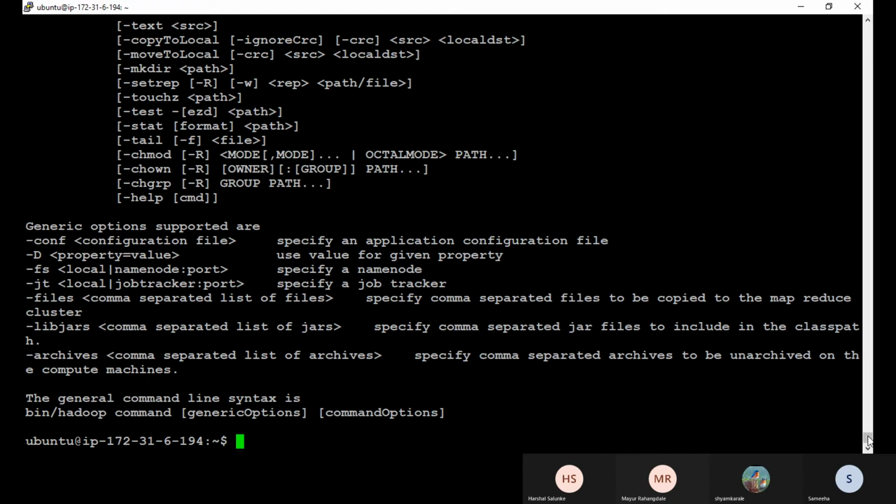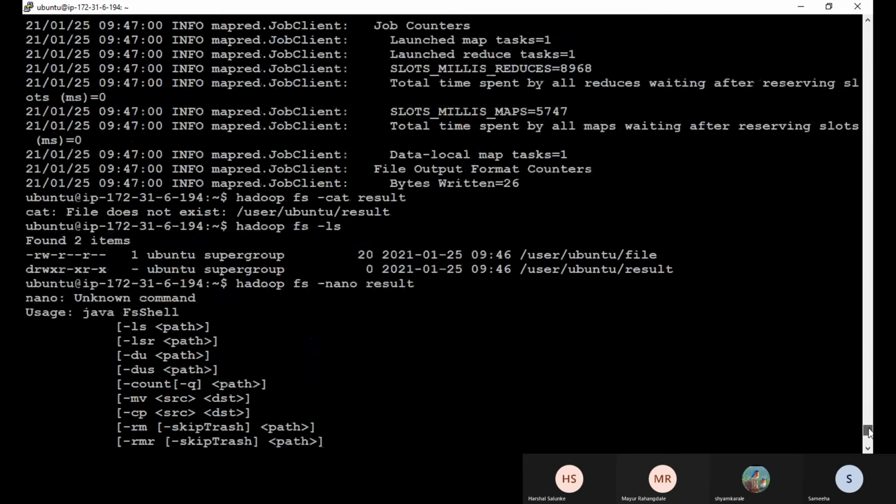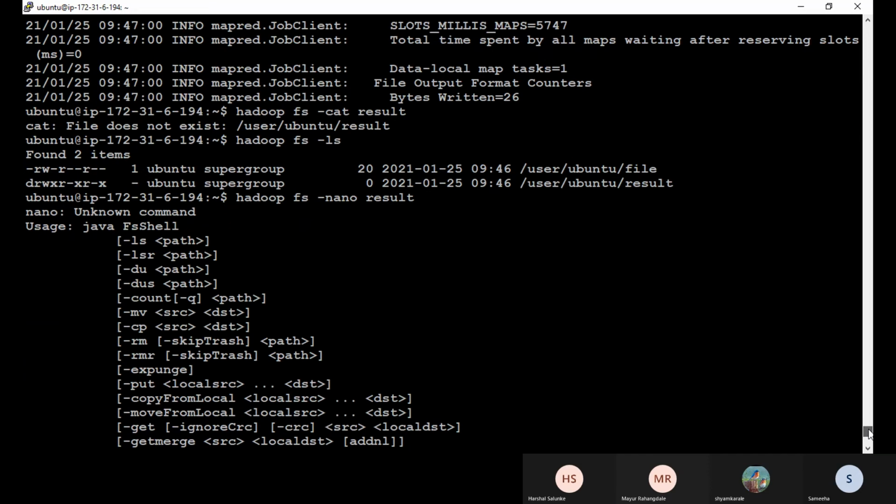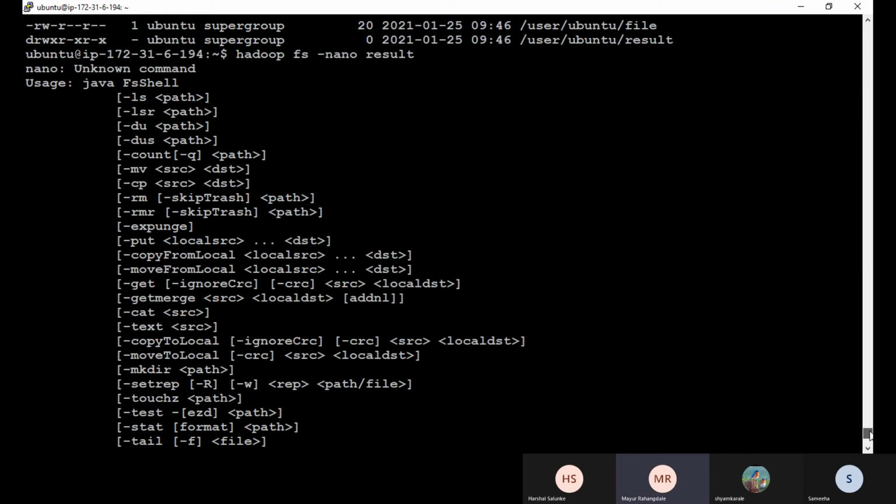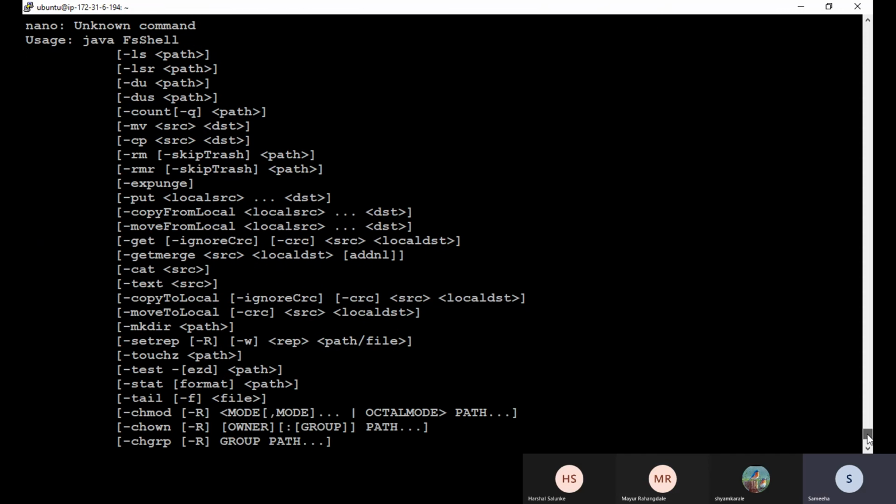Okay, just go up. Where is the error? File does not exist, user Ubuntu result. It is showing unknown command for nano. Nano has an issue, but this cat command should have worked. Okay, do the tail command.